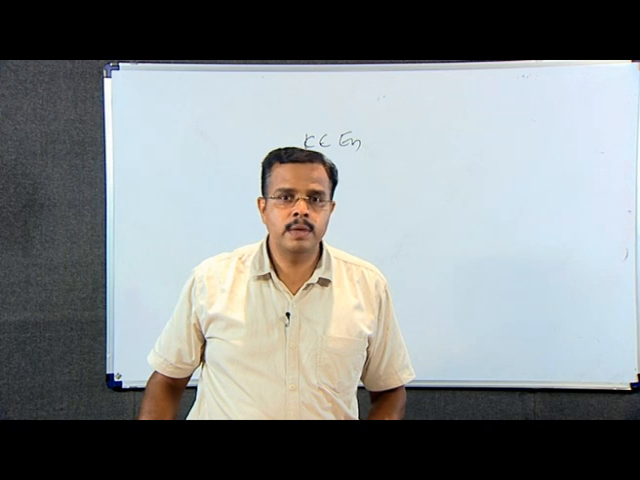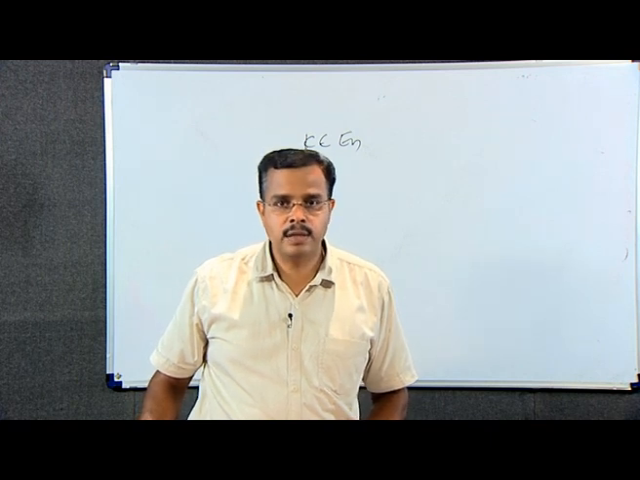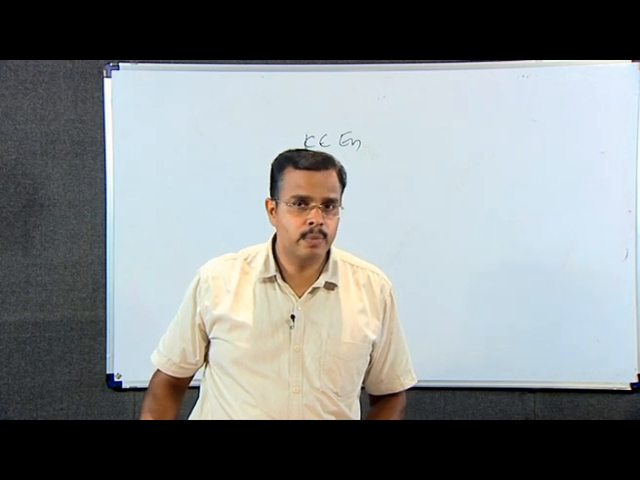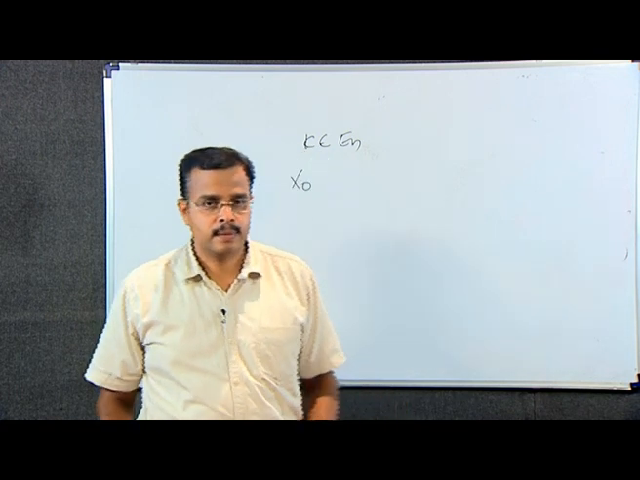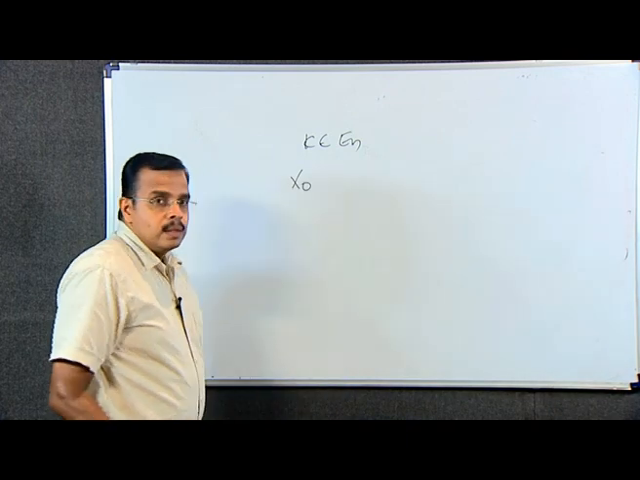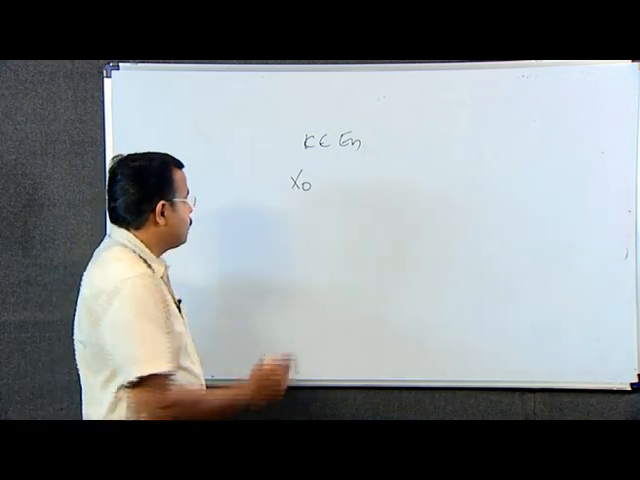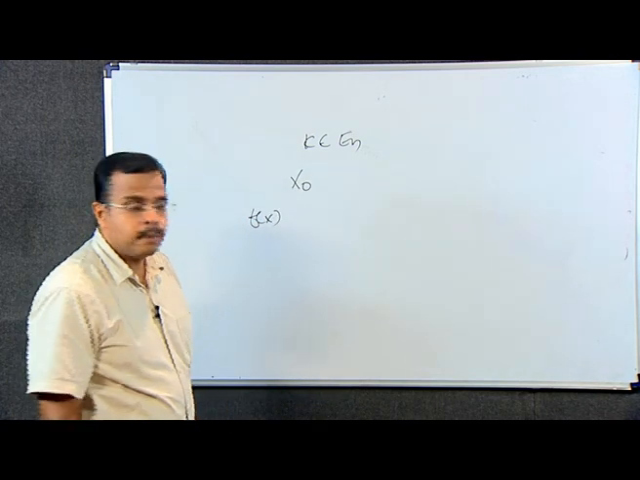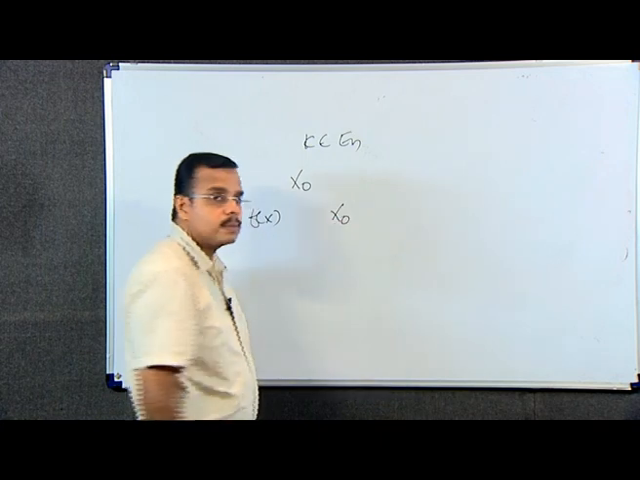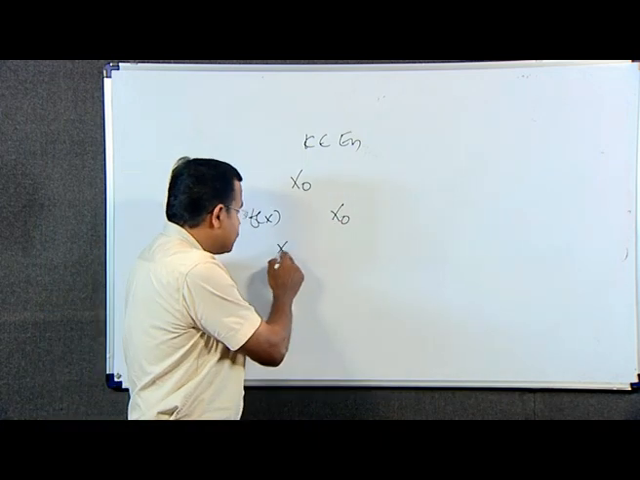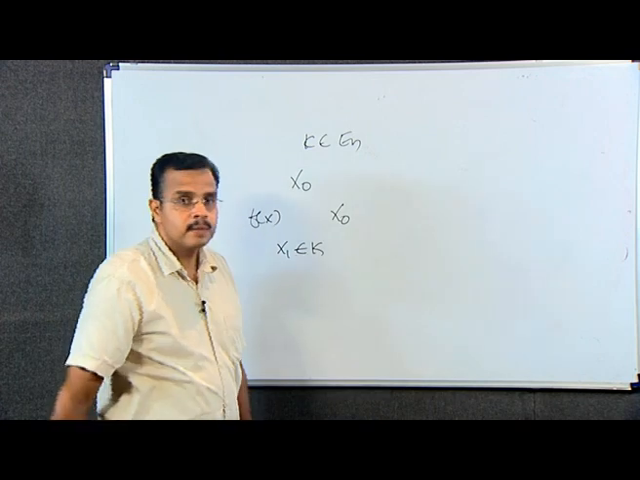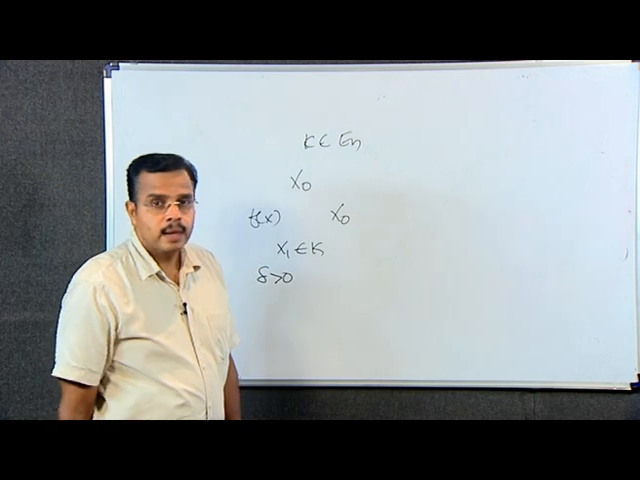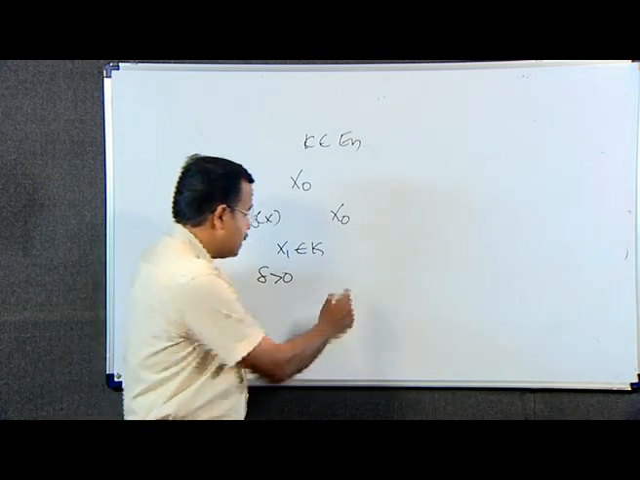Also, if this minimum is attained at more than one point, then the minimum is attained at the convex linear combination of all such points. We can prove it as follows. Let f of x have a relative minimum at x0. Let x1 belong to K. Then for any delta greater than 0, it is possible to choose lambda,